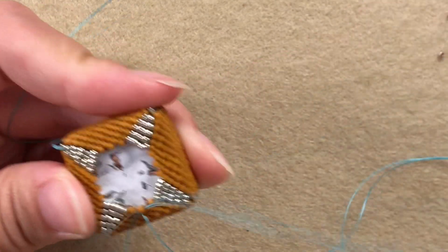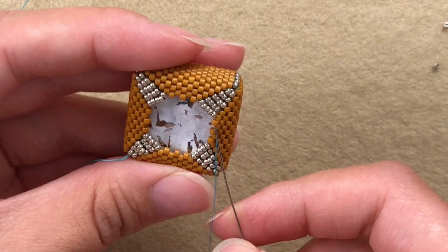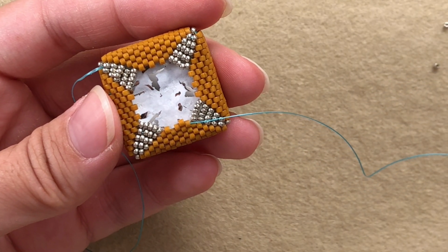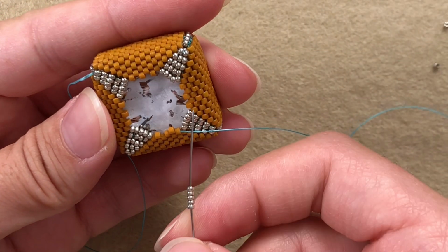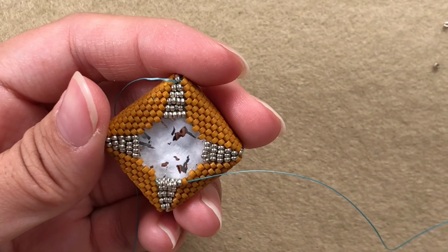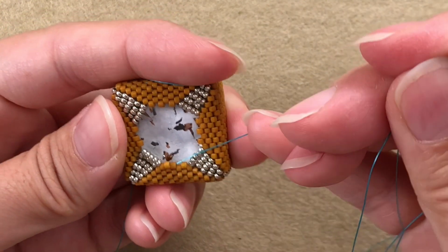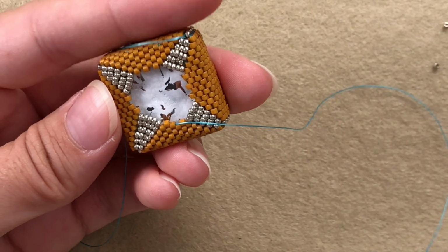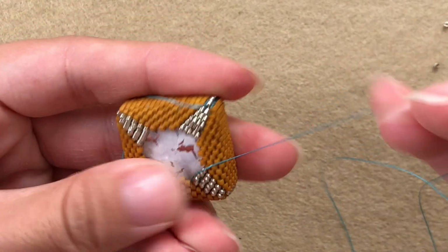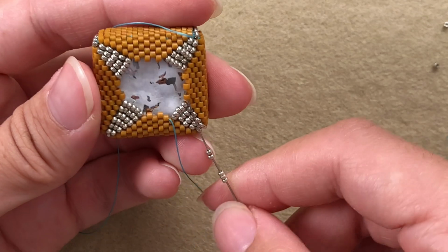I'm just gonna continue on the camera from now on because it's not much work left now. So now pick up a delica, go through the next here. I would again pick up 5 50 no's, 1 2 3 4 5, go through the delica on this side, pick up a delica, go through the next, pick up a delica, go through the next, like so. Pick up 5 50 no's, go through the delica on the other side,